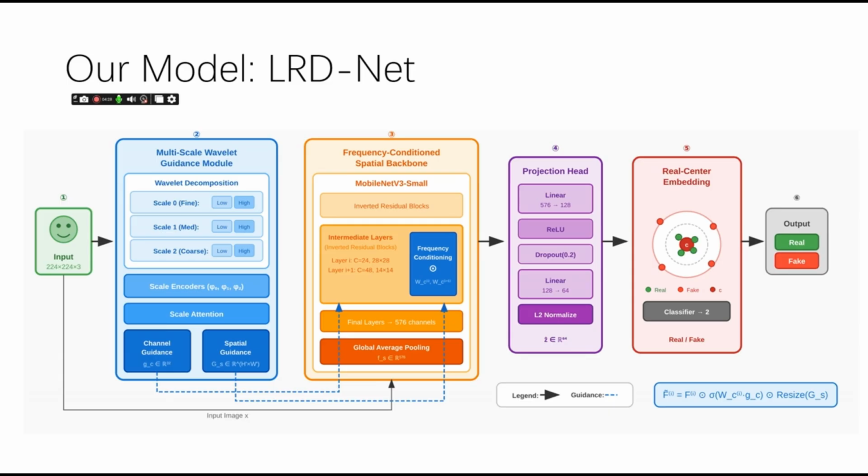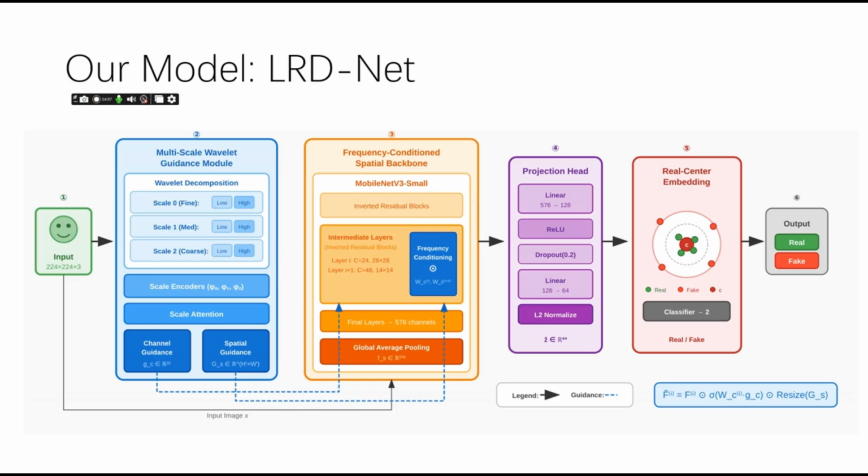So in the first step, we apply the FFT to get the frequency domain image, and we use the frequency domain to generate the attention guidance. So in the later detection, we will use the frequency domain feature as guidance to find the focus, to find the attention. The second module is the